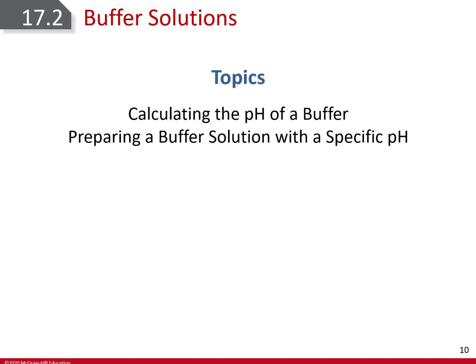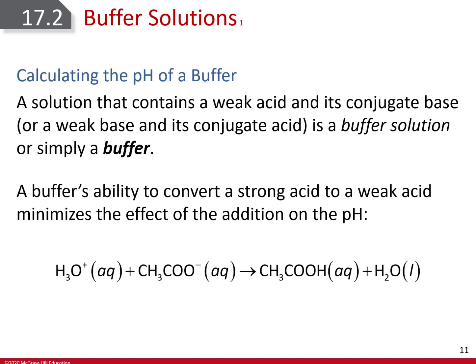And you go, why do I need to know this? Well, it is the common ion effect along with a weak acid or weak base that is going to give us buffers. And buffers are substances that when we add an acid or a base, the pH does not change appreciably. All right, so it says a solution that contains a weak acid and its conjugate base,